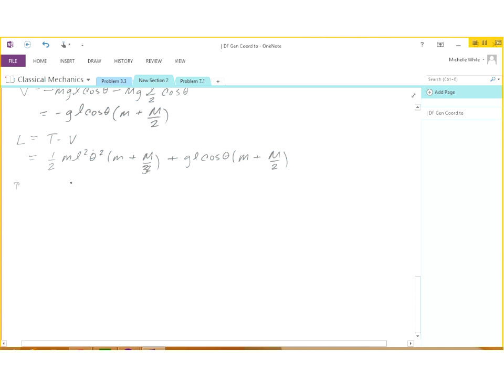And we have the momentum then is equal to the partial derivative of the Lagrangian divided by the partial derivative of theta dot,